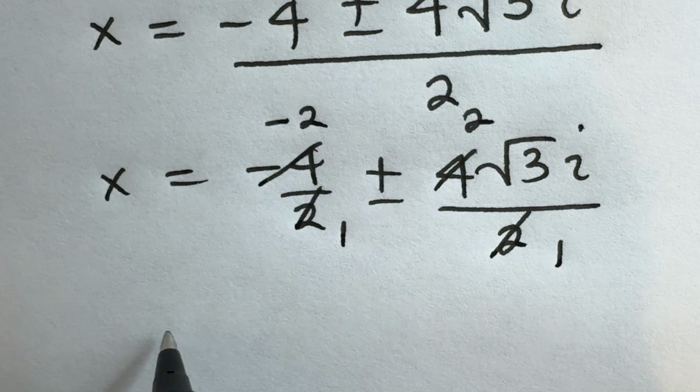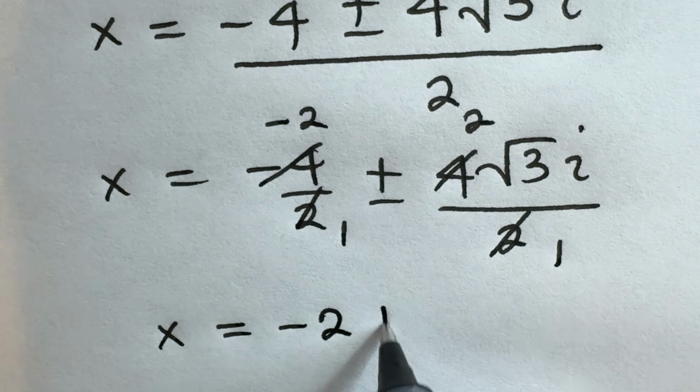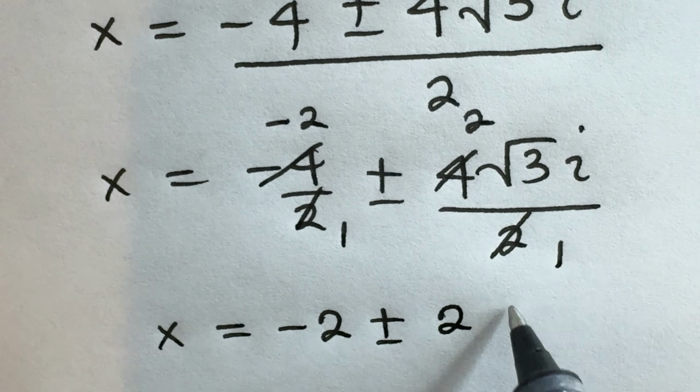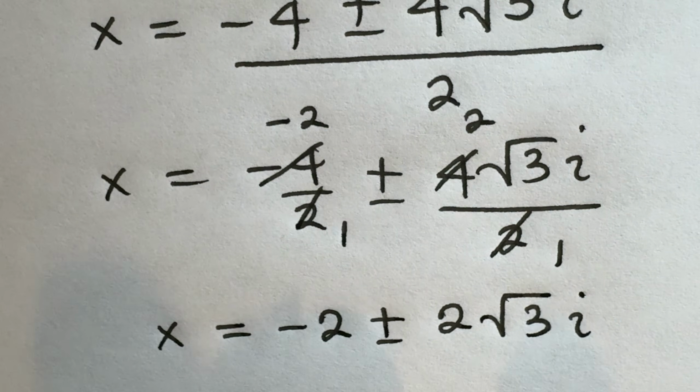So we get x is equal to minus 2 plus or minus 2 root 3i, which we can then separate